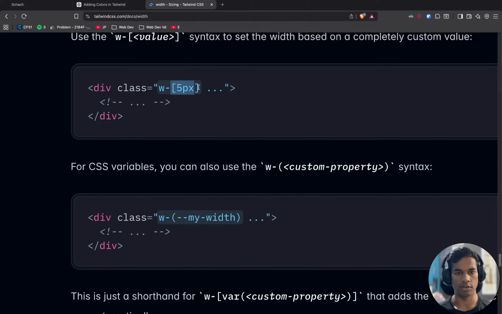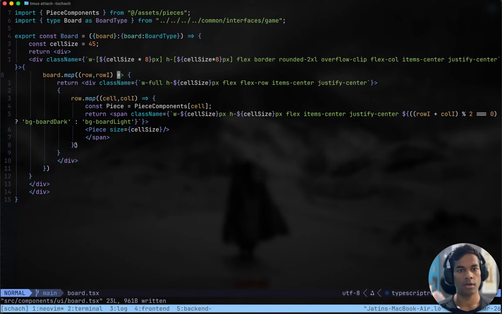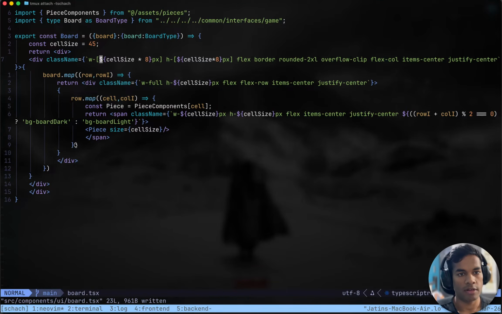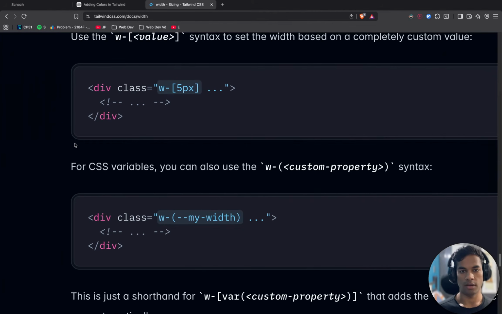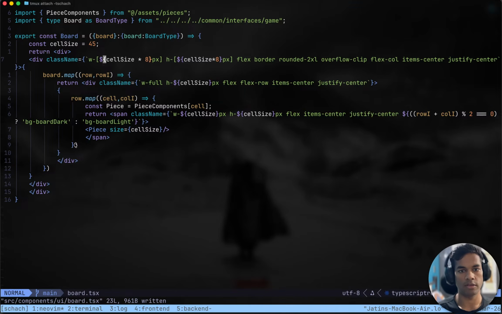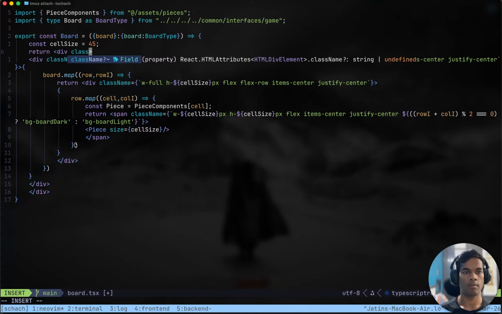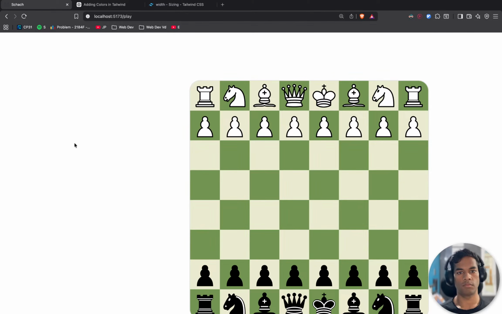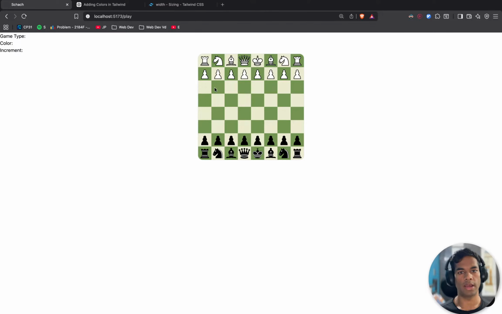This is exactly what we are doing, but we are not saying anything about pixels. Name width full, height full, flex and stuff, and cool.